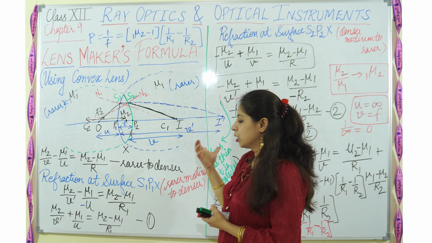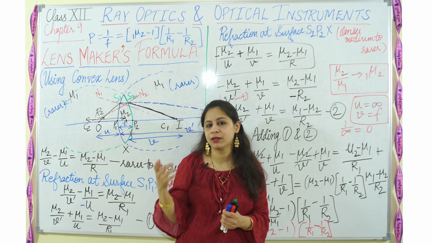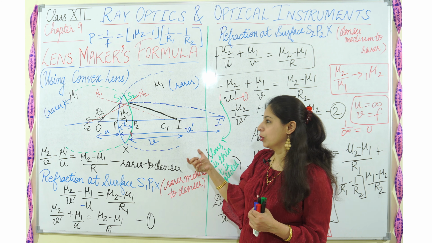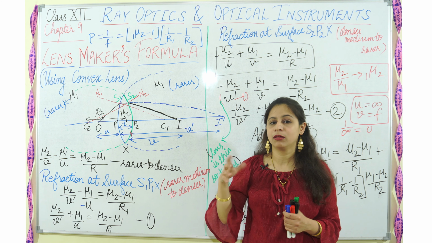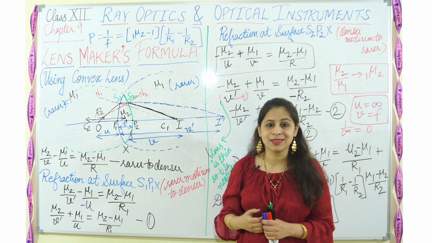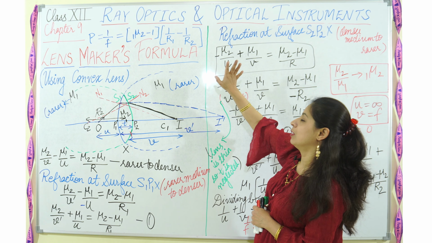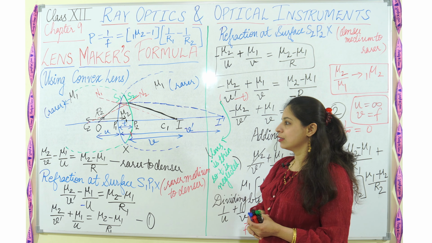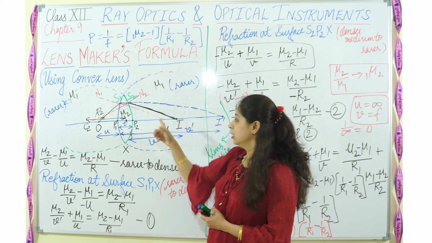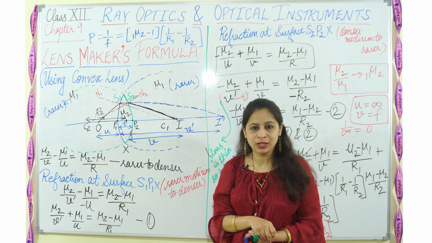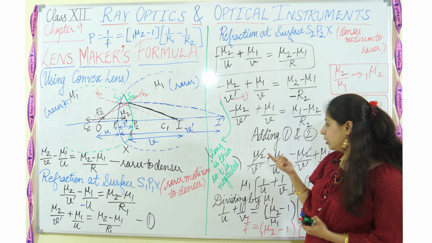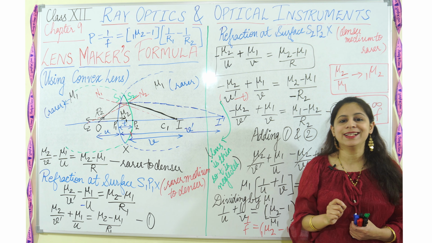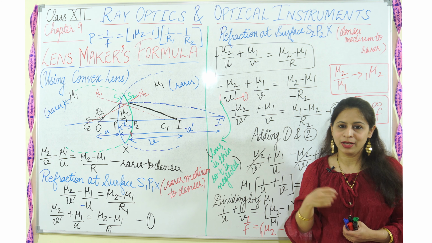This is for the people who actually make the lenses. This is different from the lens formula. This is the lens maker's formula. Whatever the lens makers require for making lenses, with the help of this formula they make the lenses. There are two limitations in this. The first limitation is that the lens should be very thin, because if the lens is not thin, the width of the lens will be taken into consideration, and then the lens maker's formula cannot be derived.